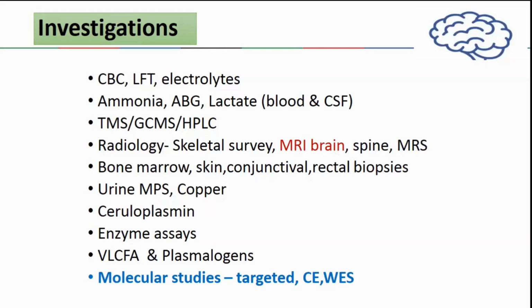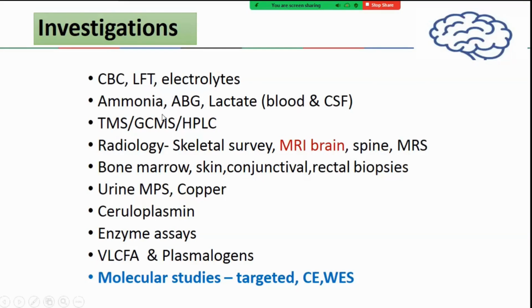So we have to be very careful, because if these abnormal eye movements are there, then the child is classified as type 3. Okay, there are various types of type 3 also. And if there are no neurological manifestations, the patient is classified as type 1 Gaucher disease. Okay, so these are the list of investigations which we may need to do depending on the scenario,